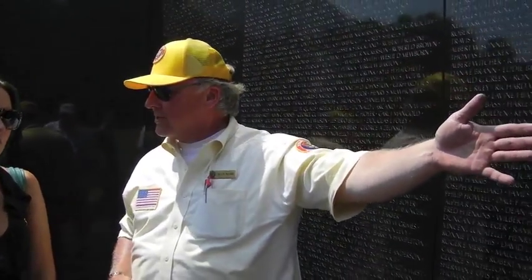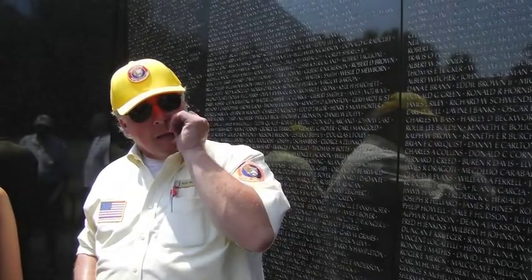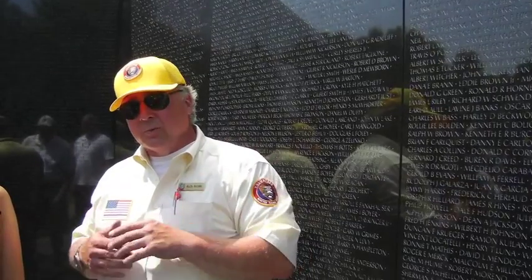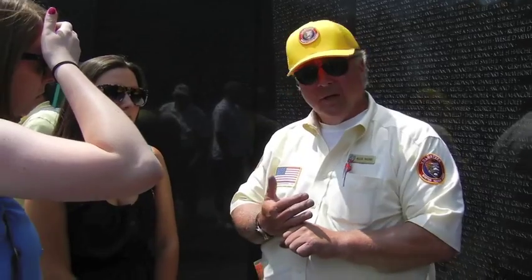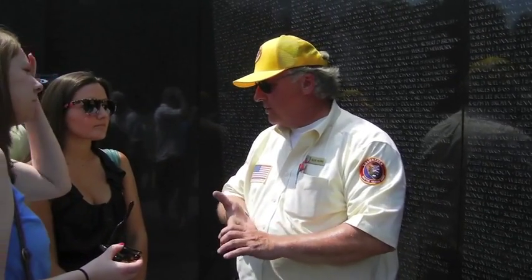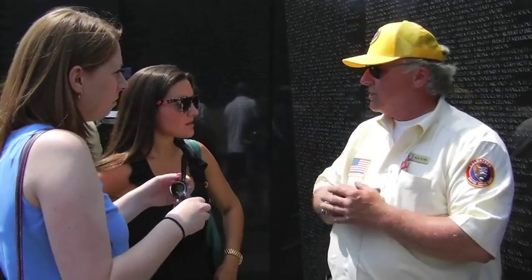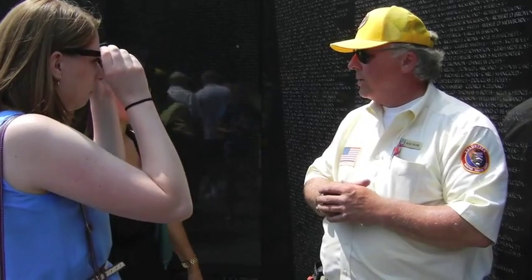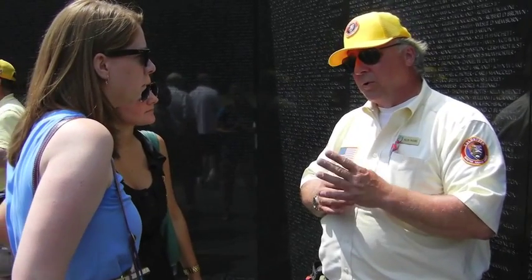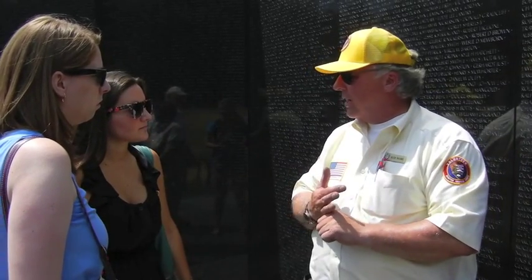In fact, when you look up along the wall, one of the most powerful things is seeing the visitors reflected in the names. One of the contest rules is the memorial had to contain the names of all of the dead and the missing. She could have done it by state, or branch of service, or rank, or religion, or color, or whatever. She chose to list them in the order that they died or were missing. She said that way the memorial would tell the story of a journey. It would also put guys that fought together